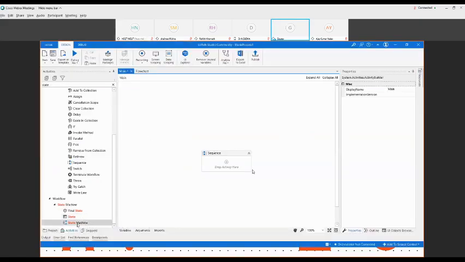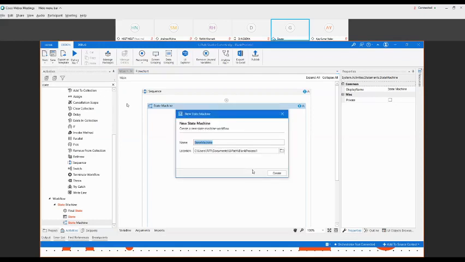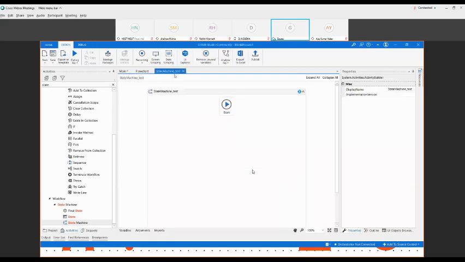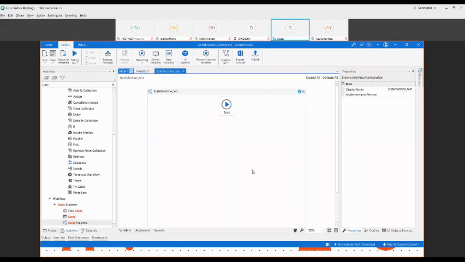You have to use the state machine first. So one option is to place the state machine inside the sequence. Or you can open a new state machine from here, New state machine, and give it a name, state machine test. You open a new workflow file in which the state machine is there. I hope this point is clear. You cannot use state and final state directly. You have to create a new file, or you can use them inside the state machine activity.